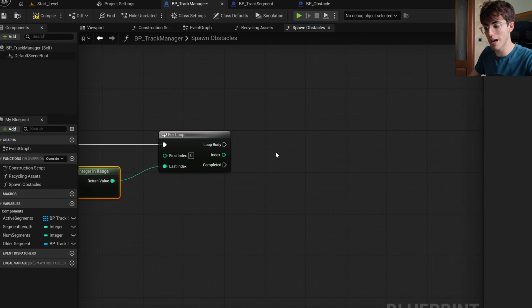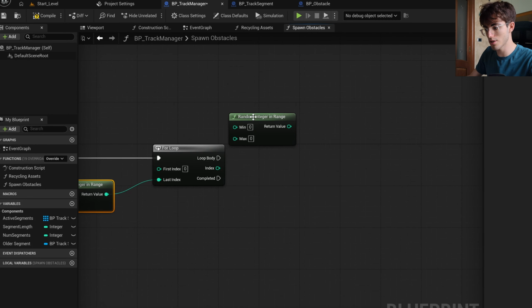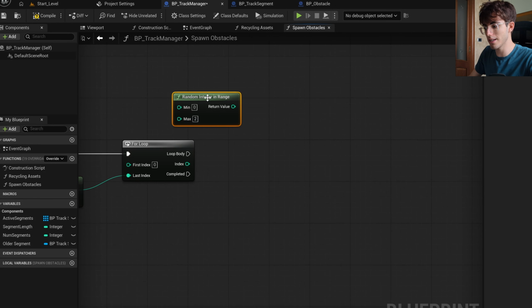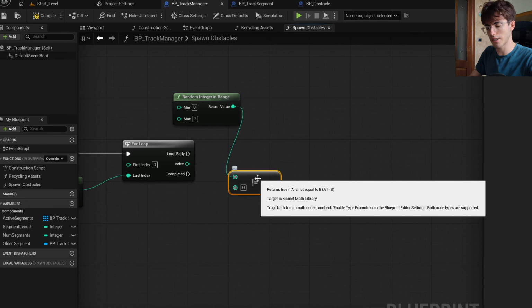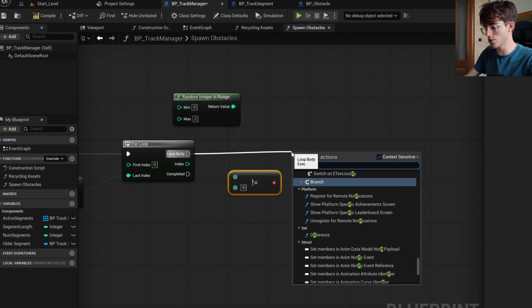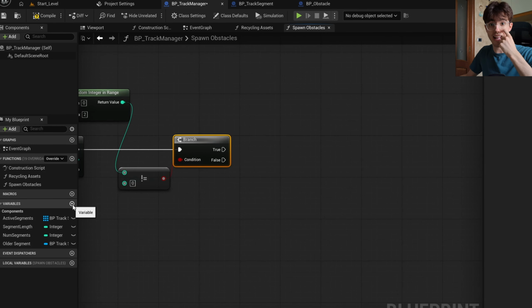We don't want that. Now, for our loop, we want to get another random integer in range. This is minimum 0, and the maximum is basically 2. So in reality our index, the return value goes here, and we want to check if this is not equal to another value. Later I will explain everything. And so with a branch, if this condition is true,